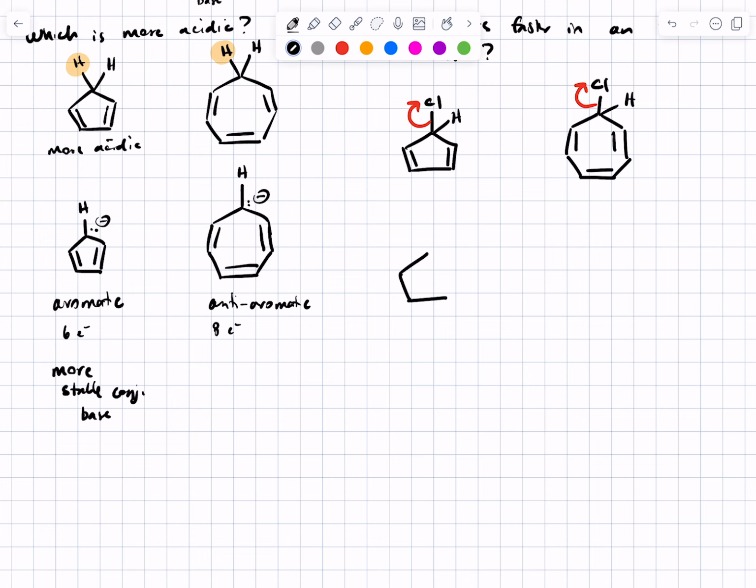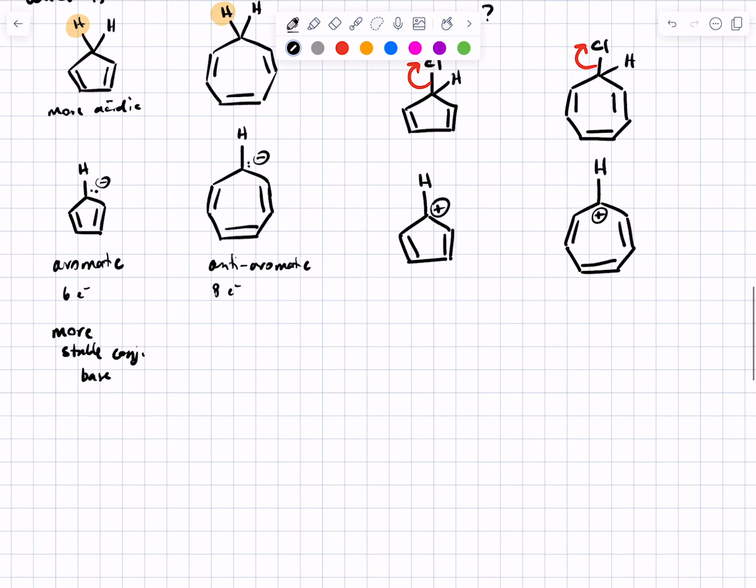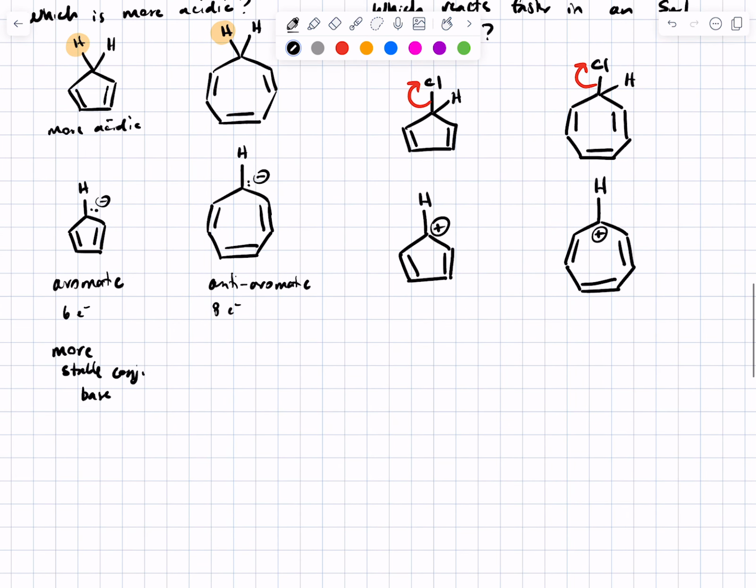And then let's consider these same sort of geometries with cations instead of anions. And I'm going to angle his mouth upward a little bit because, as you can see,